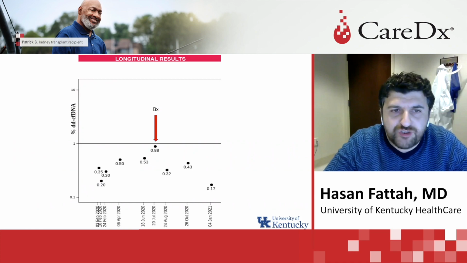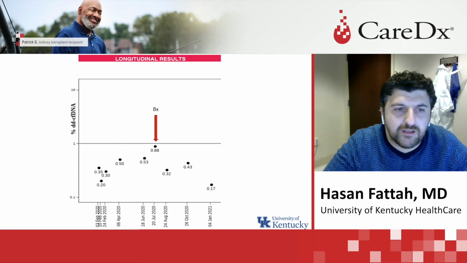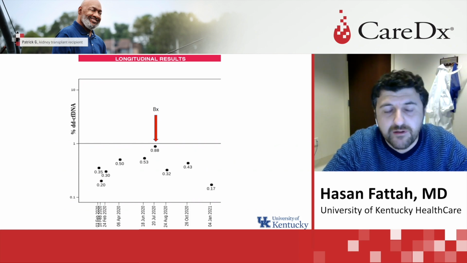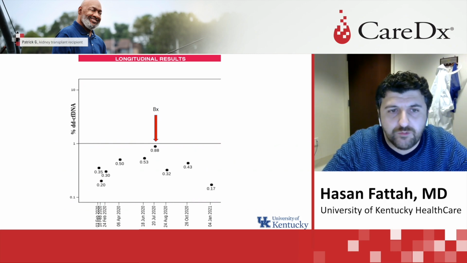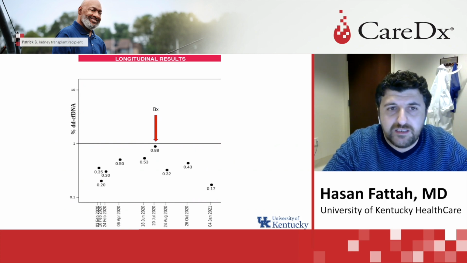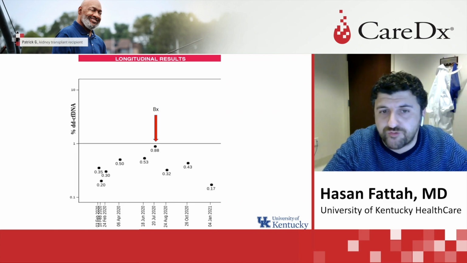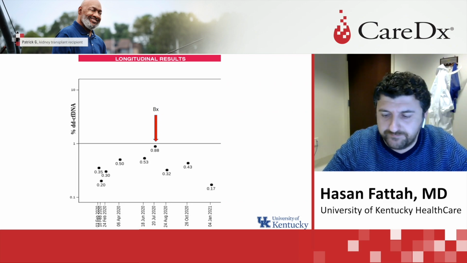And this is her follow-up sheet for AlloSure. As you can see, it takes the shape of a normal distribution with a baseline AlloSure of 0.2, slightly increasing to the peak of 0.8 at the time when her creatinine started going up, along with BK viremia levels. Kidney biopsy came back confirmative for BK nephritis, and follow-up treatment showed significant resolution of her BK viremia and decline of her AlloSure to an almost undetectable level.